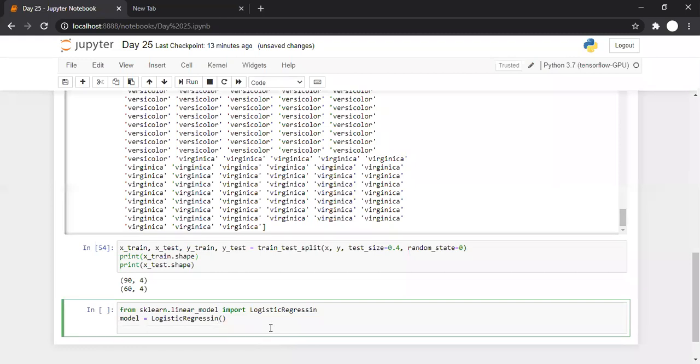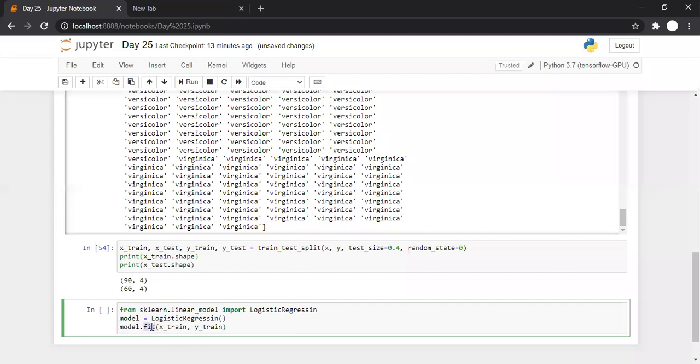Now the object is created, but the model is not yet trained. For training the model, we use the method model dot fit, and to this we will pass the x_train part and y_train part.